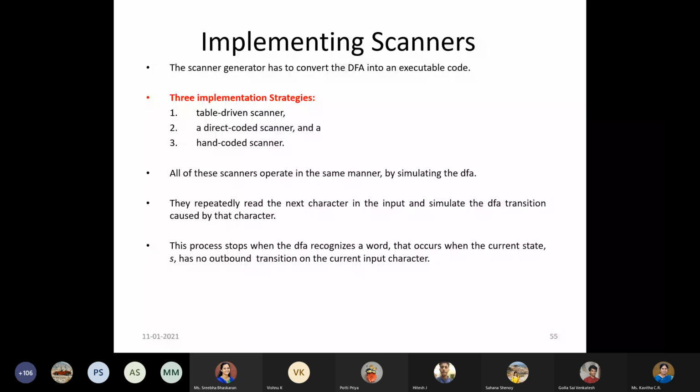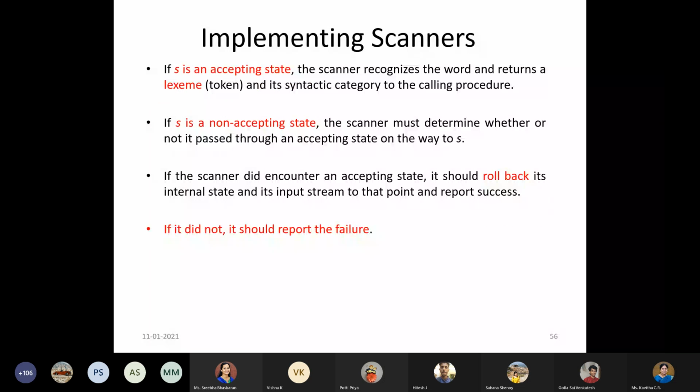Okay. So we will take up one example and see what exactly all these are. When we are implementing these scanners, we are mainly focused on whether the state at the end is the final state. Here we call it the accepting state. If you are in the accepting state, whatever token we have recognized, that word is recognized for which regular expression, in other words. So that particular token will be assigned to it.